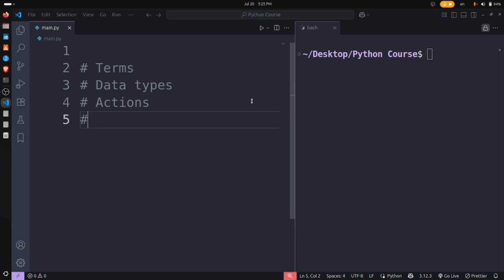And the fourth one is best practices. When you understand the terms, when you understand the data types, and you take some actions, you need to have some best practices, because you have to know the good ways of programming and bad ways of programming. When you have the experience, when you know everything, when you do everything, you will know all the things. You have to take these steps and understand these things, then you become a great programmer or you can code very well.